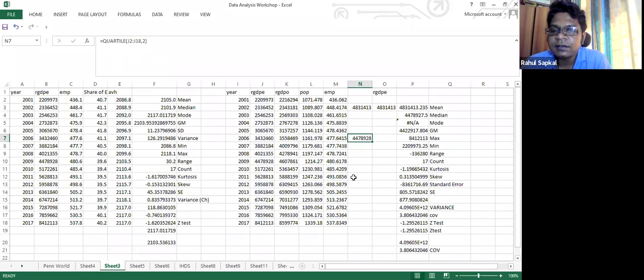So if you divide the entire population into 4 quartiles, it will give you 3 different results.